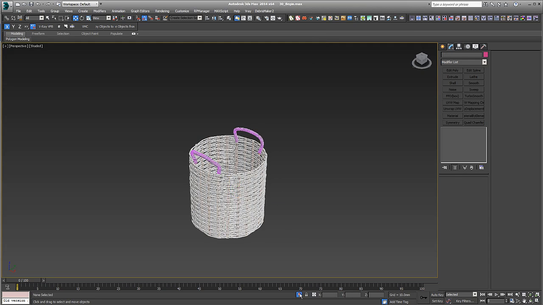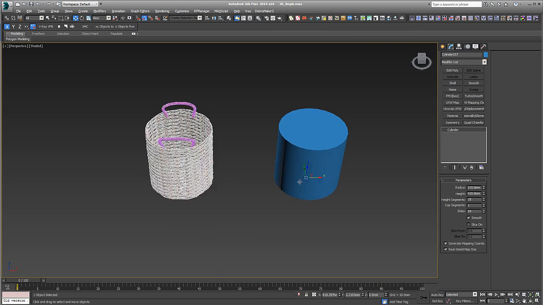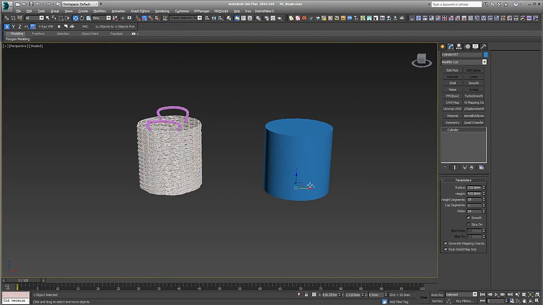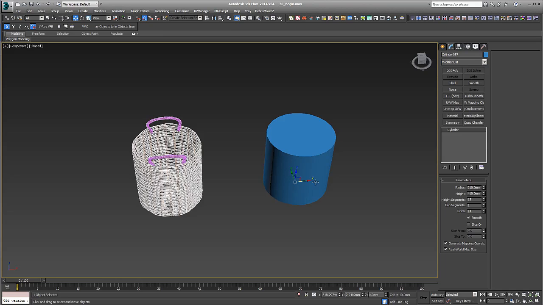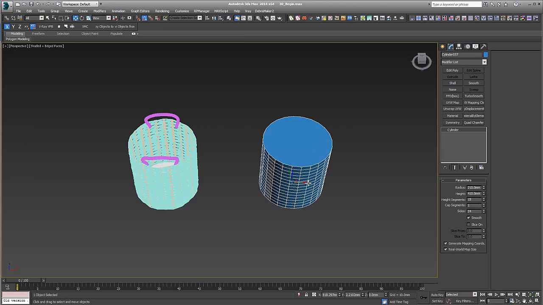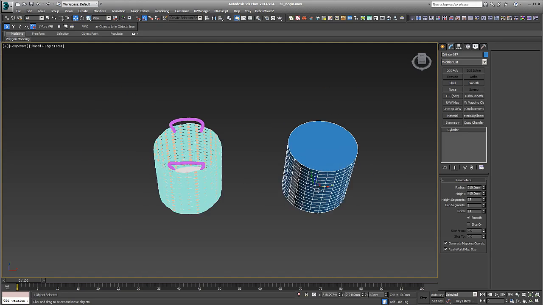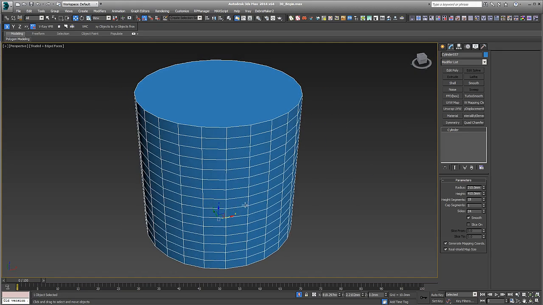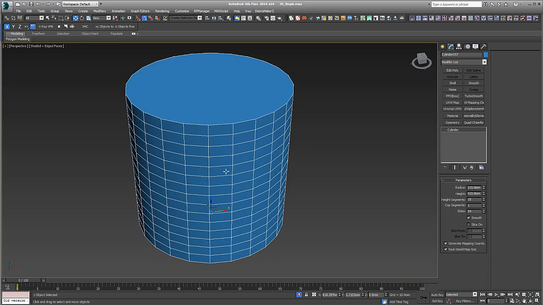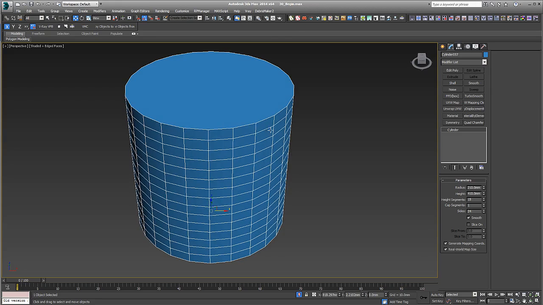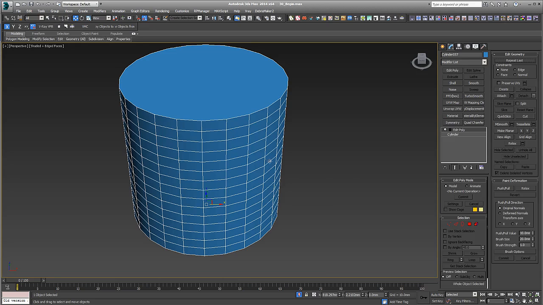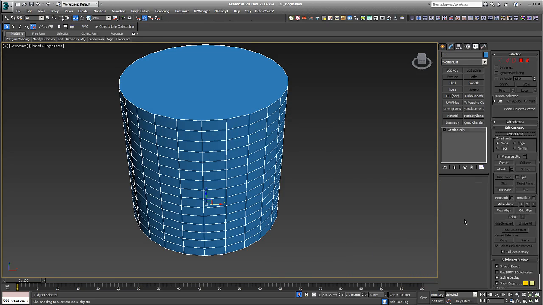So the first thing I've done is create a cylinder because I worked out the size. So it's 410 high, 210 radius, so 420 diameter. So quite square in a sense. And what we're going to do is isolate this. It's 24 sides. I've calculated that so I can pick odd edges and get the right amount with no strange gaps. So I'm going to convert this to an editable poly,